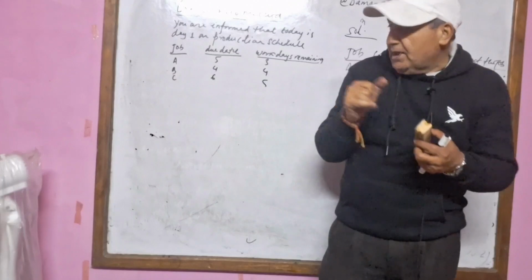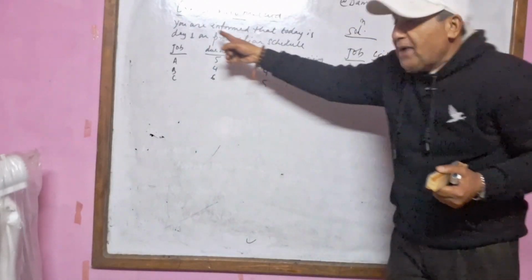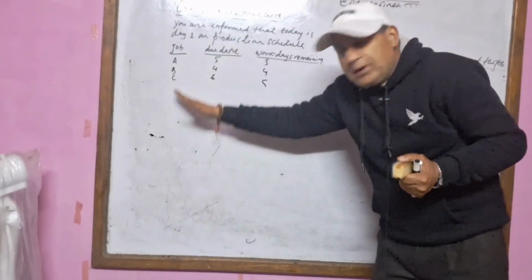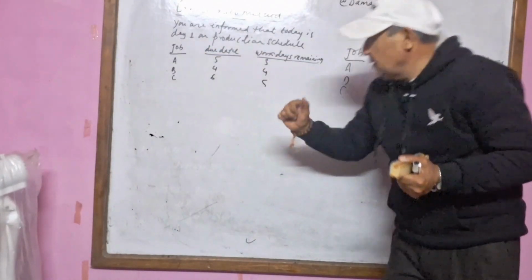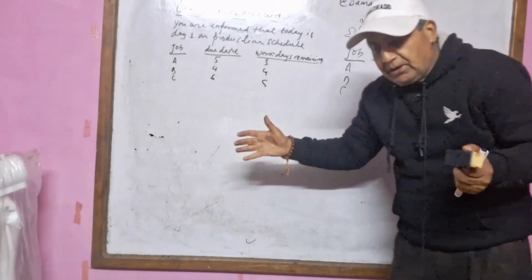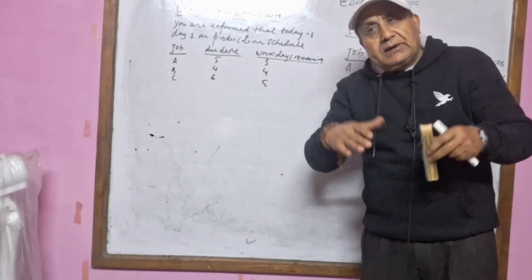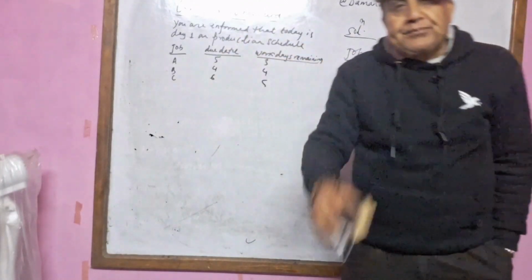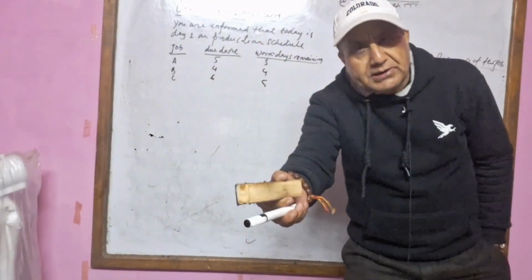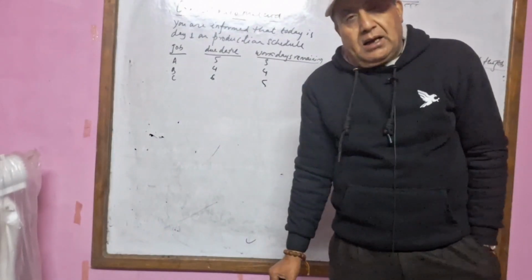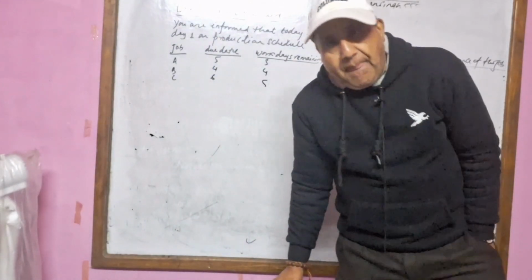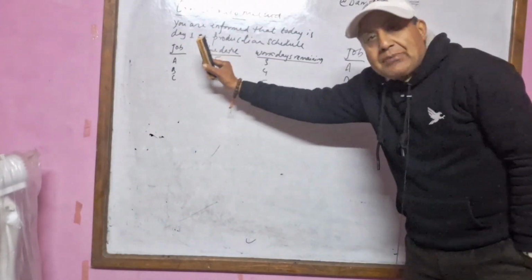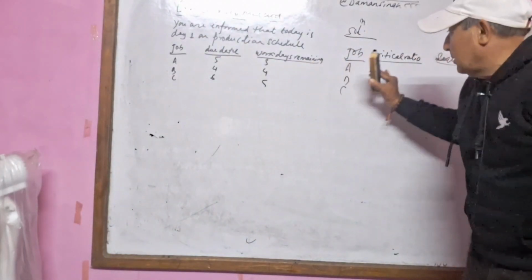So what is the critical ratio method? I am going to tell you. One problem I have already written here, and in that problem you are given three different jobs, the due date is given, and the work days remaining is given. It is mandatory. If these three are not given, then by the critical ratio method we cannot solve the priority sequencing problem. Here, these three things are mandatory, and after they are given, I am going to solve the problem.